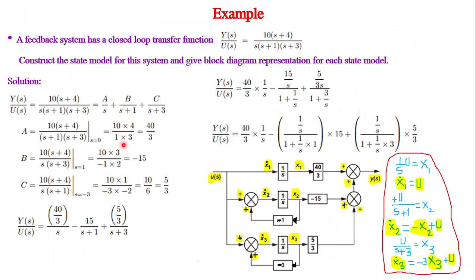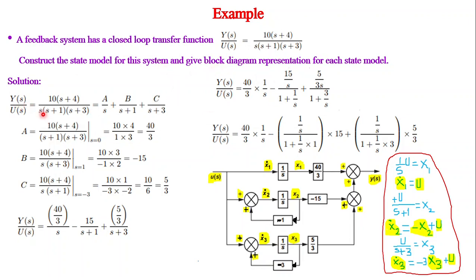Let us understand this with the help of an example. The transfer function is given. I think we used the same transfer function in the control system lecture series 28, part 2, that is phase variables part 2. So construct the state model. I said there are 3 state models. One state model I did that time. Now I am doing the second state model.